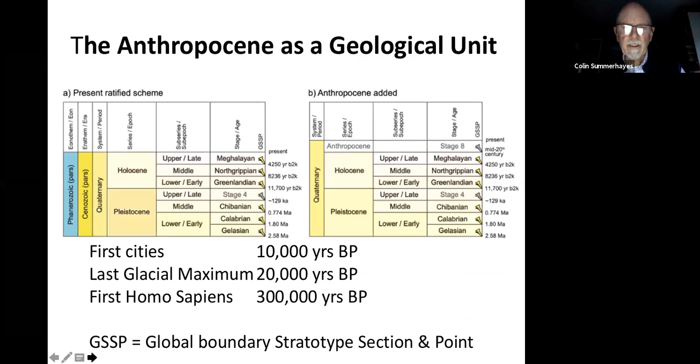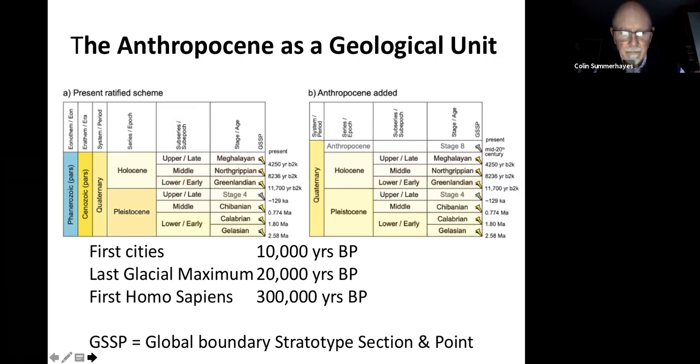So moving on then, next one. Here we are introducing the Anthropocene. On the left is the present ratified geological scheme. So you can see on the left, there's the Phanerozoic eon, the Cenozoic era, the Quaternary period, and then we get into the Holocene and Pleistocene epochs, and they are divided into smaller parts. Now you may possibly not be aware, because this is quite recent, that the Holocene itself is now divided into three: the Meghalayan, the Northgrippian, and the Greenlandian. And there on the right-hand side of that left-hand diagram, you can see the ages of the boundaries. Like the boundary of the Meghalayan is 4,250 years before